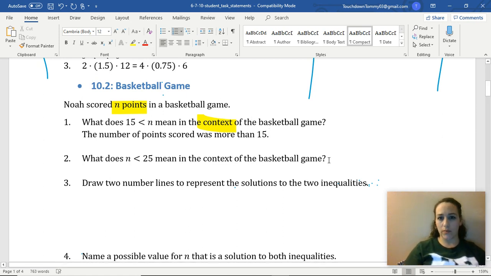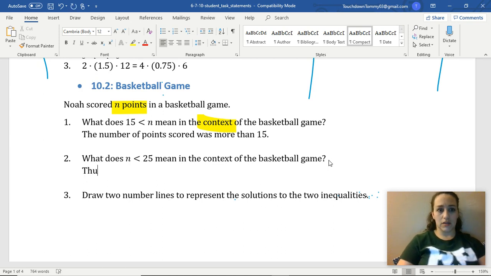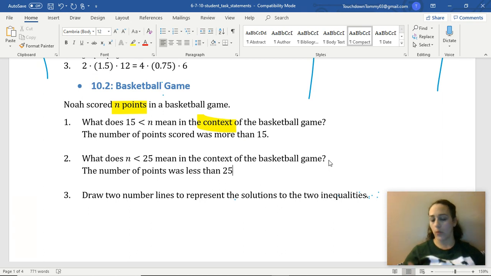So we're going to try one more of these context type situations where N is less than 25. So the number of points, N means the number of points. The number of points is less than 25. So in the context of a basketball game, the number of points, the N, was less than 25. So they could have scored 24 points, they could have scored 10 points, but they scored less than 25